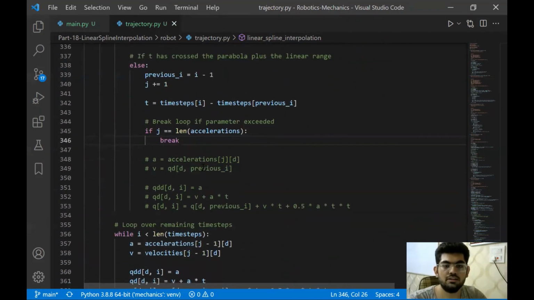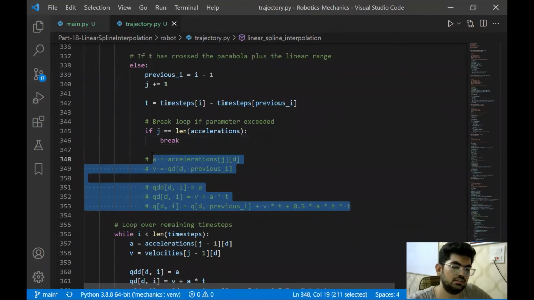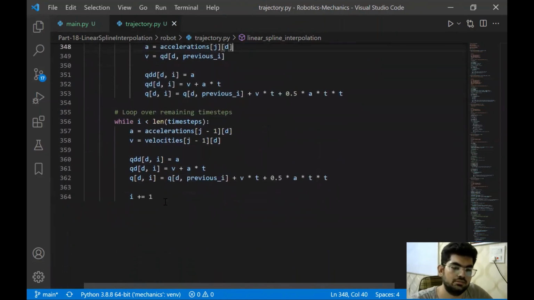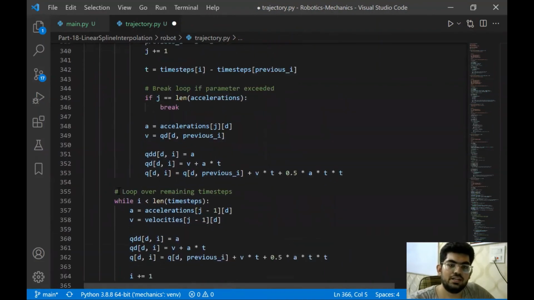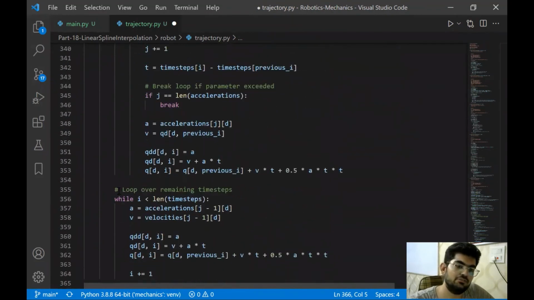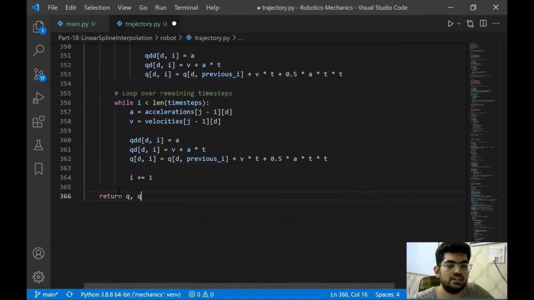In order to stop that miss, we are introducing this calculation once more over here. That's the simple reason. So after this loop is done, we have pretty much updated all the values of position, velocity, and acceleration. Then after the for loop has ended, we can simply return the values.